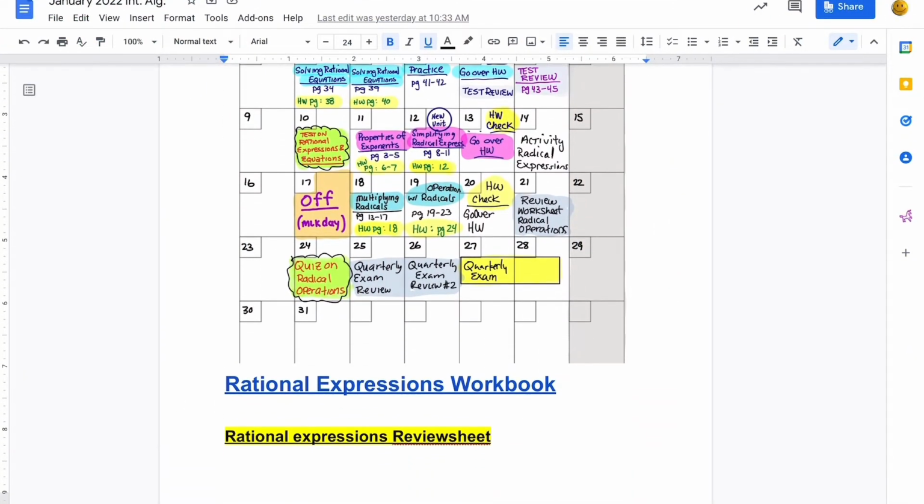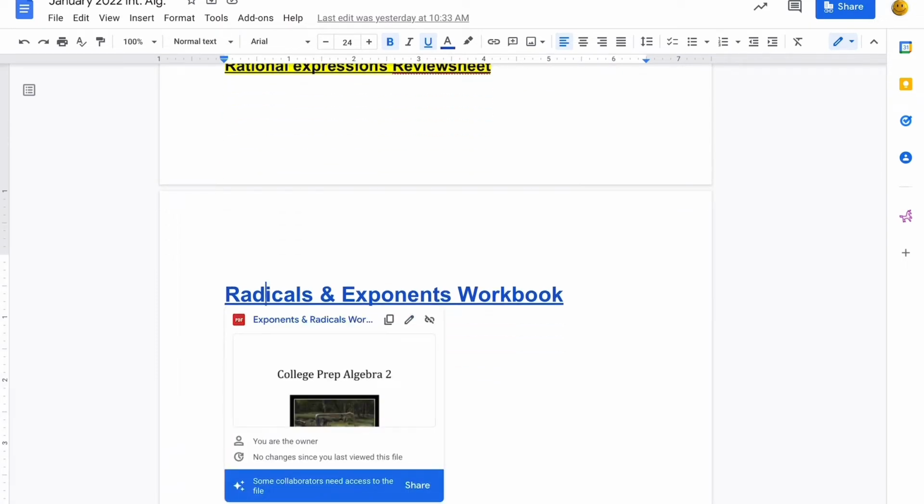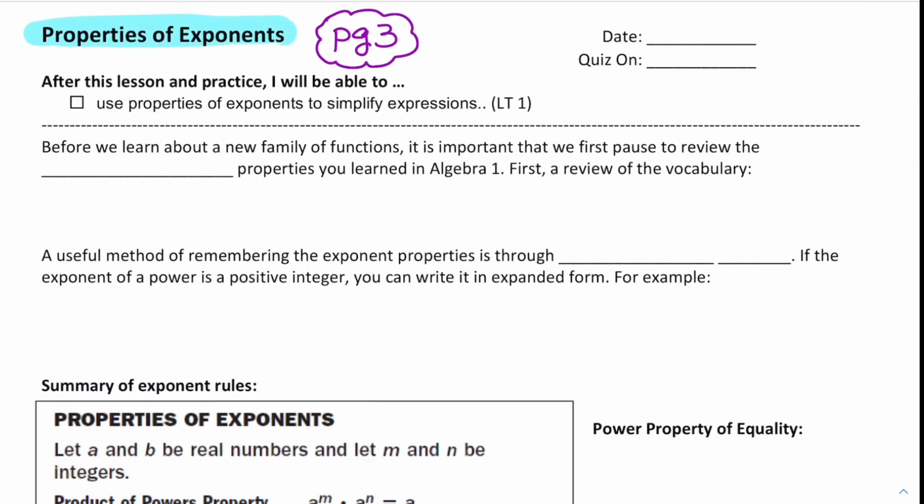Using the dashboard on the Google Classroom, for our monthly calendar of January, scroll down and find the Radicals and Exponents workbook. Now beginning on page 3 in this workbook, properties of exponents. After this lesson and practice, I will be able to use the properties of exponents to simplify